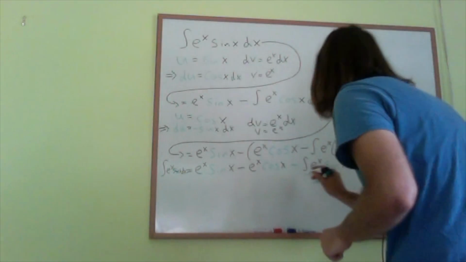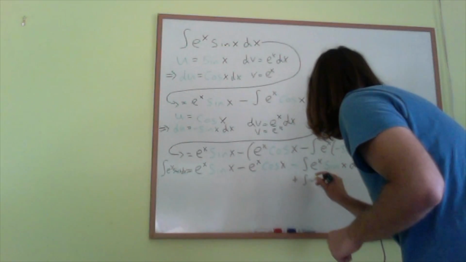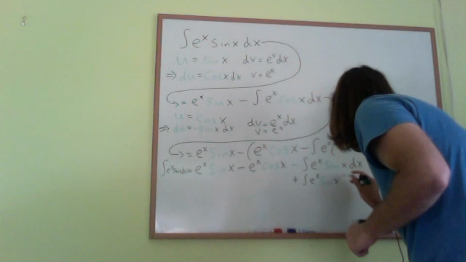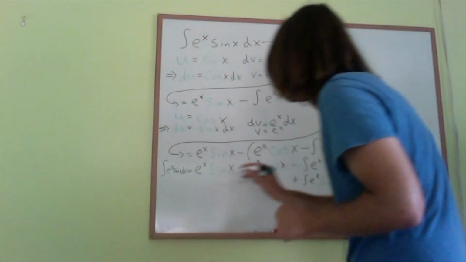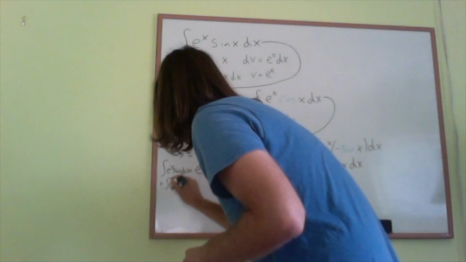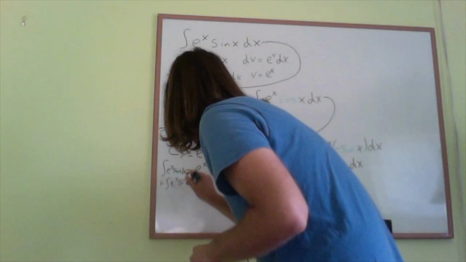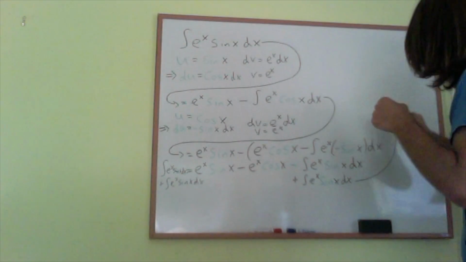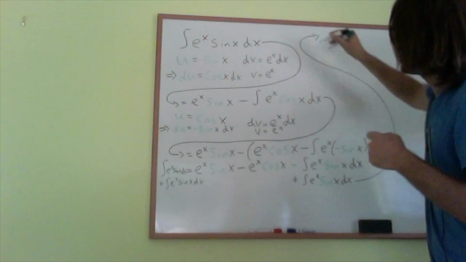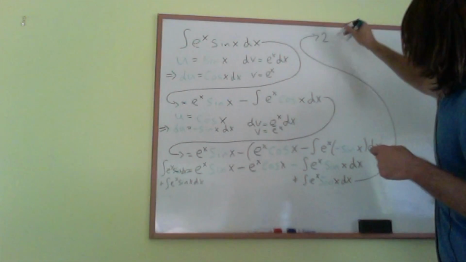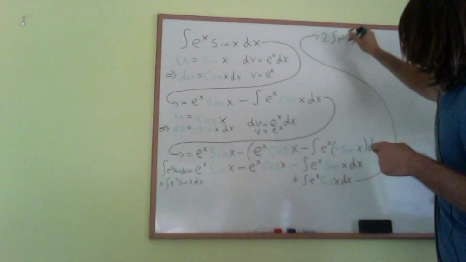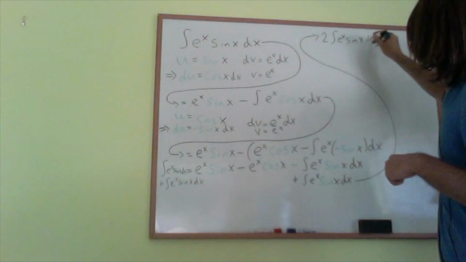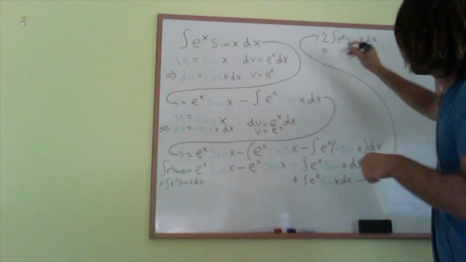And we go ahead and add this guy to both sides, plus integral e to the x sine x dx, and then over here, plus integral e to the x sine x dx. And when we get here, going over here, is 2 integral of e to the x sine x dx equal to